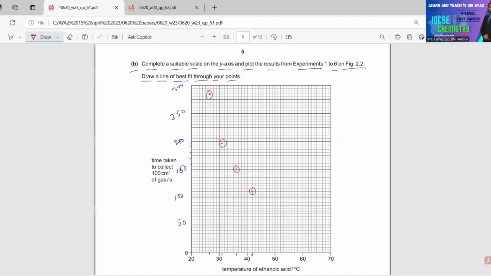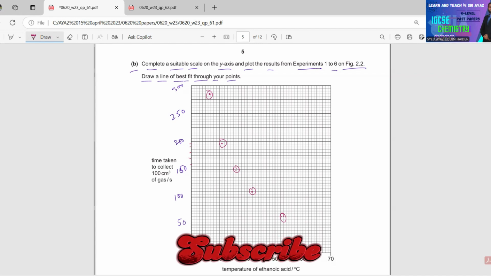And then we have 53. 1, 2, 3, 53. And the time is 65 seconds. 65 seconds means 50, 60, 65. It must be here. Yes, this must be the spot for 65 seconds. And the last one, 44 seconds. You have 59.5. 59.5, it must be here. 44 means